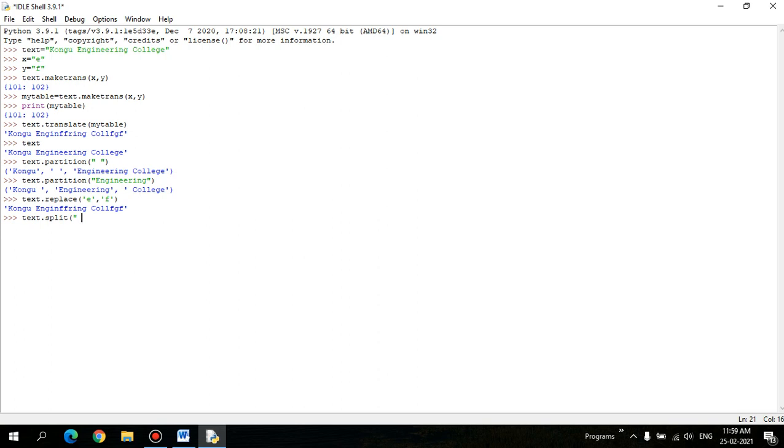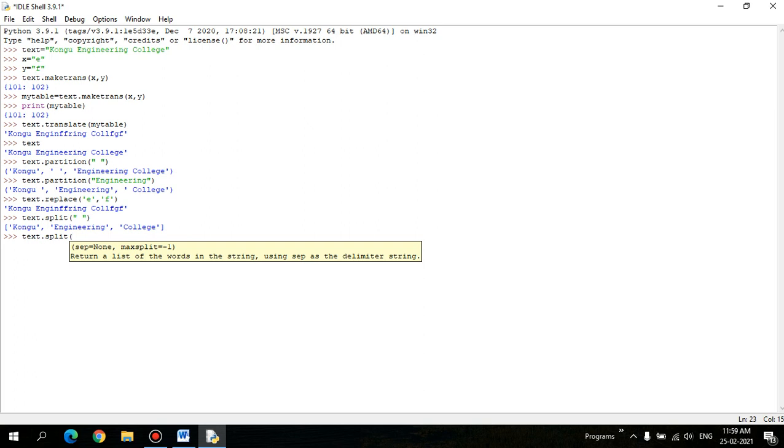I'm going to split it with space, and you have one more argument. Look, it returns by space, it has been split into 3. And if I wish to split it into 2, that is also permitted. So you have maximum split equal to -1. First the separator is going to be my space, and the maximum split, let's take, I want to split it into 2.